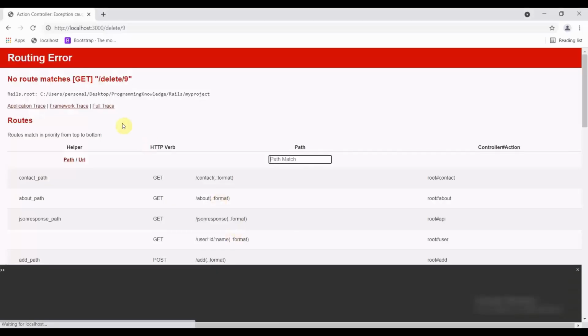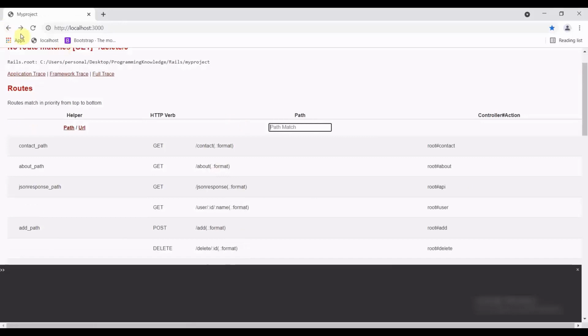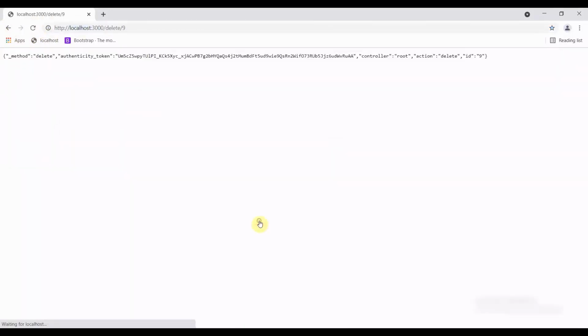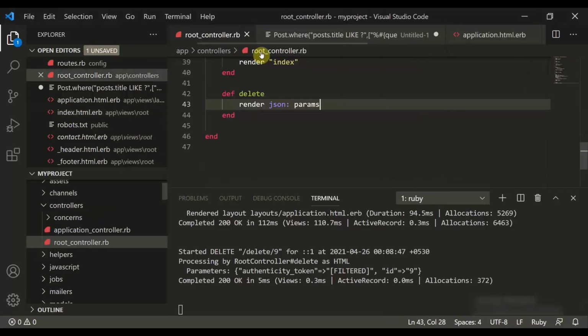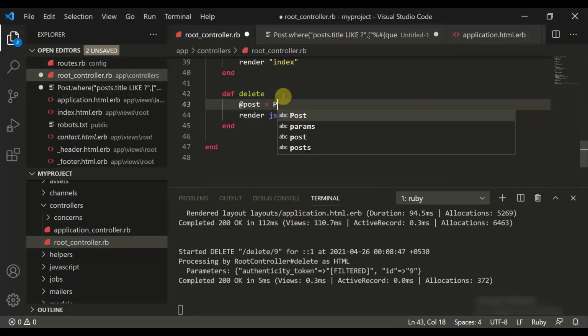Let's move to our app and refresh it. So let's call delete, and here you can see we have a JSON response, so it works perfectly fine. What we need to do now is move to the root controller, and we will do @post is equal to Post.find